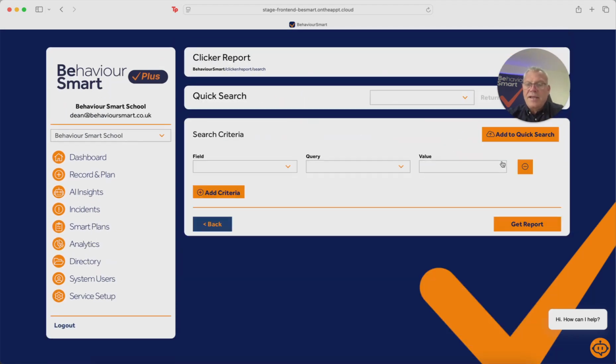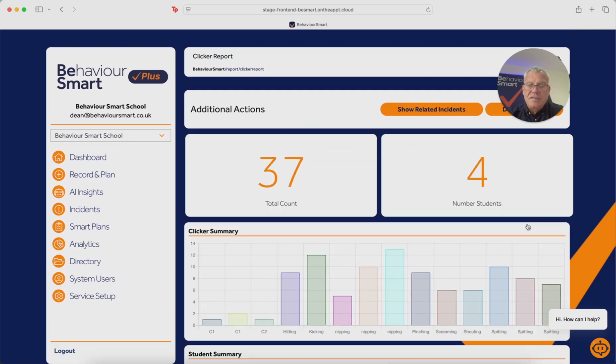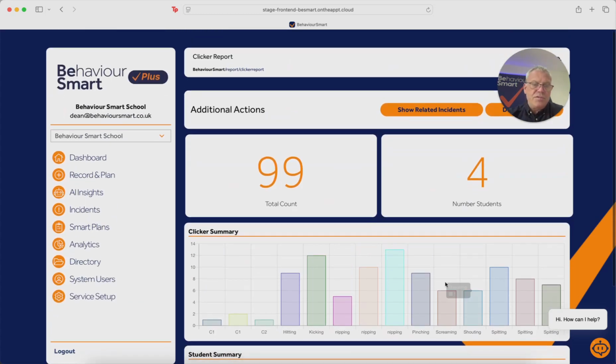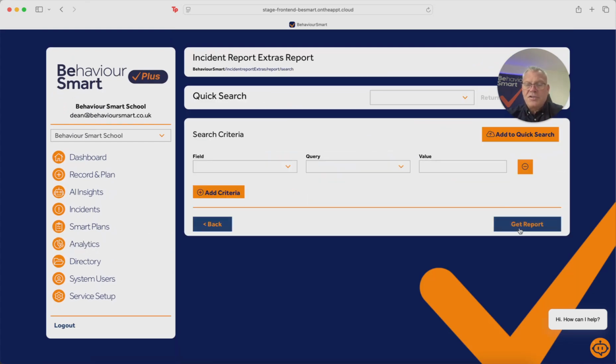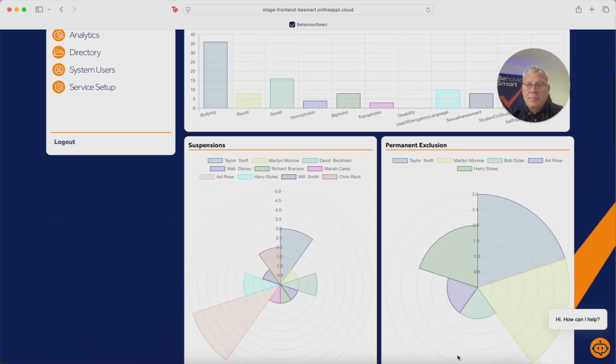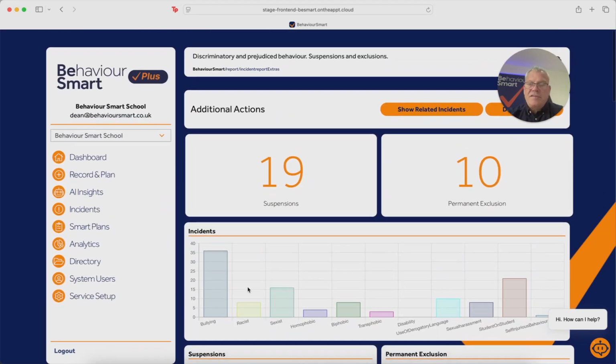We've got a clicker report. This will tell us how many incidents of kicking, nipping, all those things that we put in the quick record and which students they're involved in. And we've got our discriminatory and prejudicial behaviours report. Okay, so that's a very, very quick overview of Behaviour Smart Plus, and on your dashboard in the next few weeks you're going to see detailed videos on how to